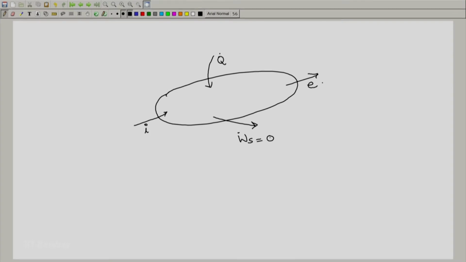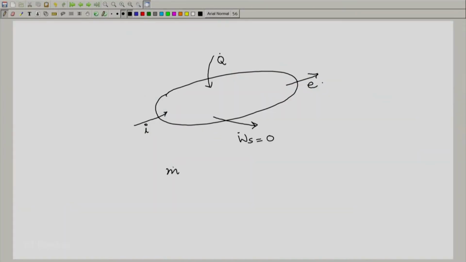There is really no work that is of interest to us in such devices. We are not extracting any work out of them. The only work involved is the flow work involved in pushing in the mass and pushing out the mass, which anyway is taken care of in the enthalpy expression,